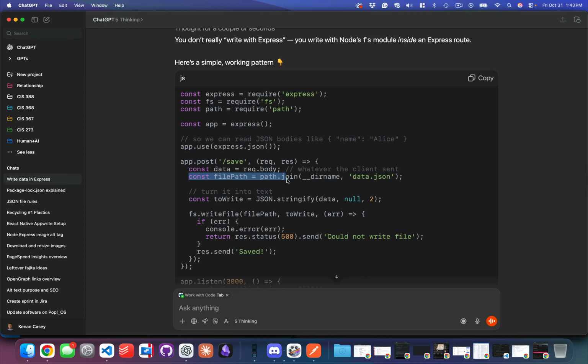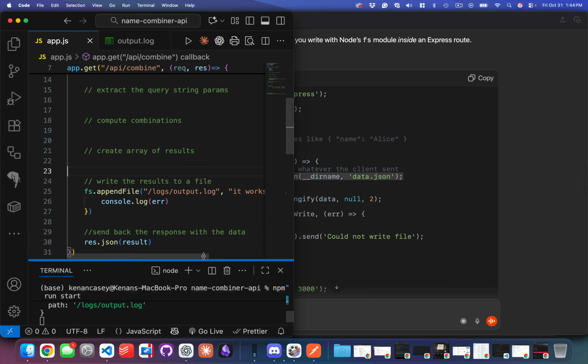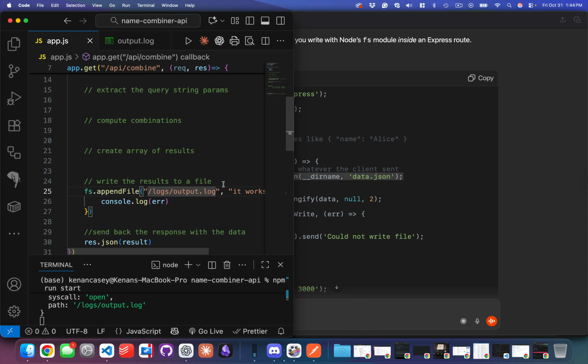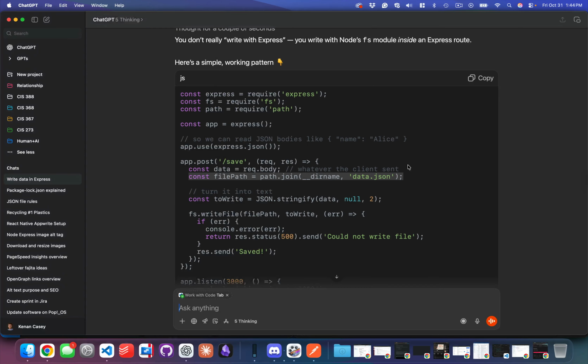Sometimes you have to give the full path to the file, and you don't necessarily know what directory your code is going to be in on the server because you're not in control of the server. But this __dirname is the directory name where you are. So I'm going to, let's try this. Oh, so this is Git. Yeah, we're putting this in Git, not Postman. So I'm going to say const filePath is equal to, and the right way to do this is to say